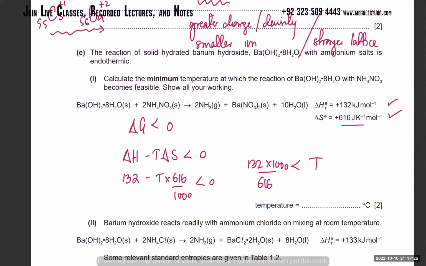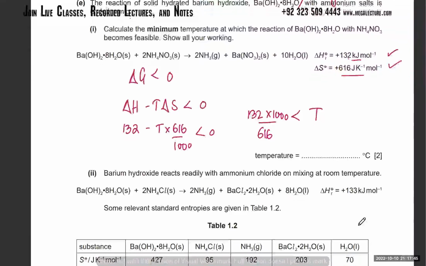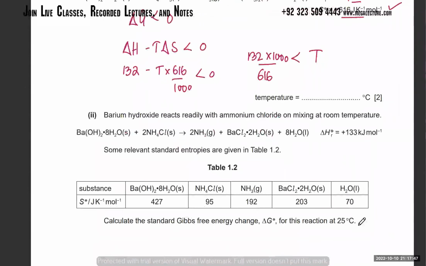The 616 divided by 1000. Because remember, this is in kilojoules, this is in joules, right? Oh, okay. You always have to be careful that the units are the same. You either turn everything into joules or everything into kilojoules. Okay, sir. So then you have